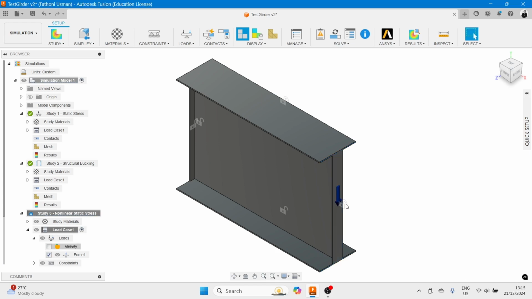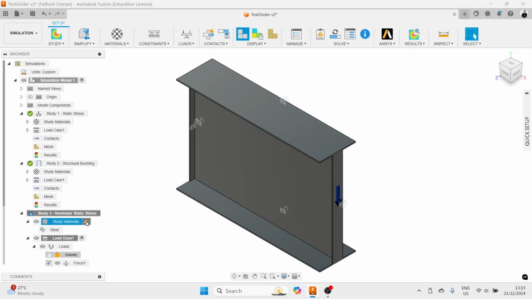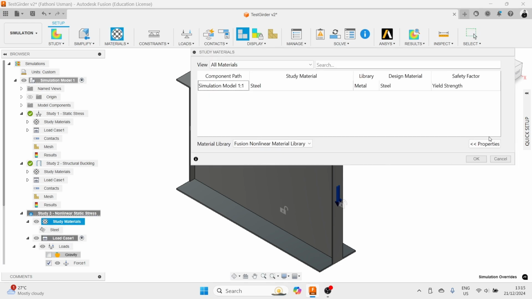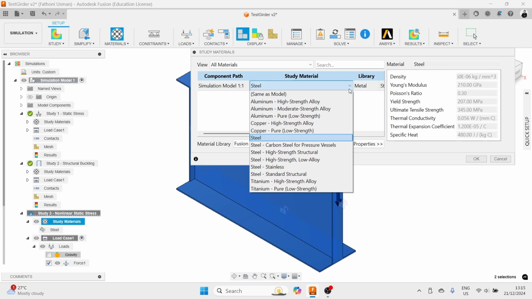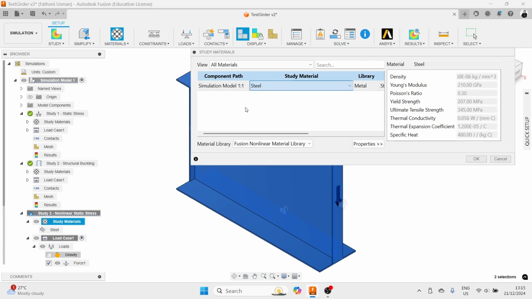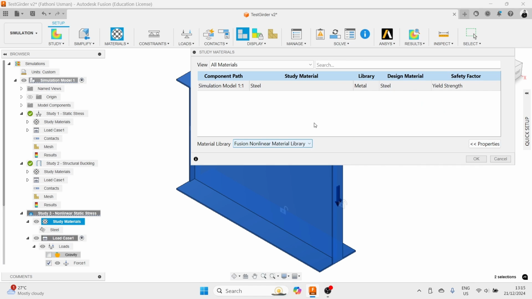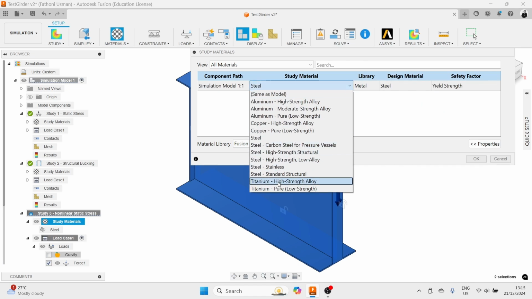Okay. And then the material we need to change to non-linear material. Go here and select the material, or you can press this button. Properties here, Fusion library. Go to here and check whether you have